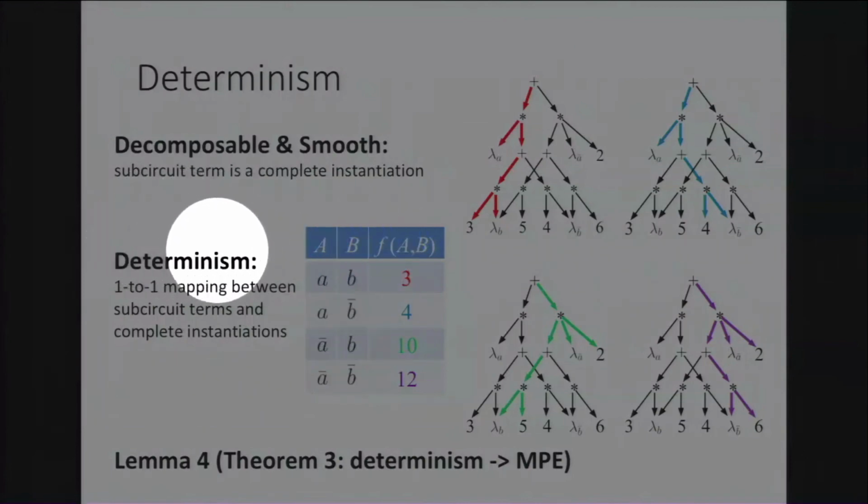Determinism ensures that there is a one-to-one mapping between subcircuit terms and complete instantiations. There's a caveat here: ones where the coefficient is non-zero. If you have ones with zeros, those do not matter. So